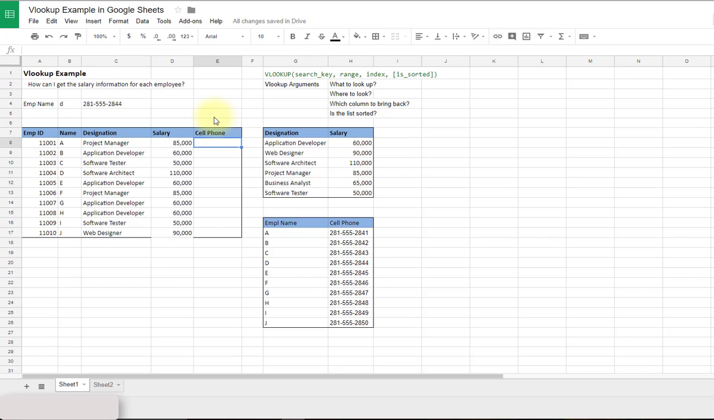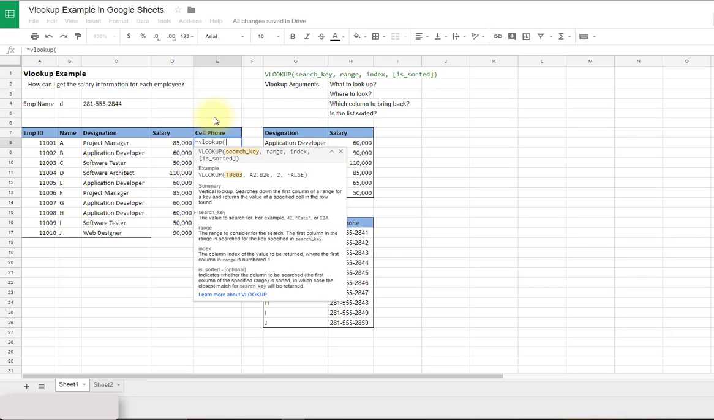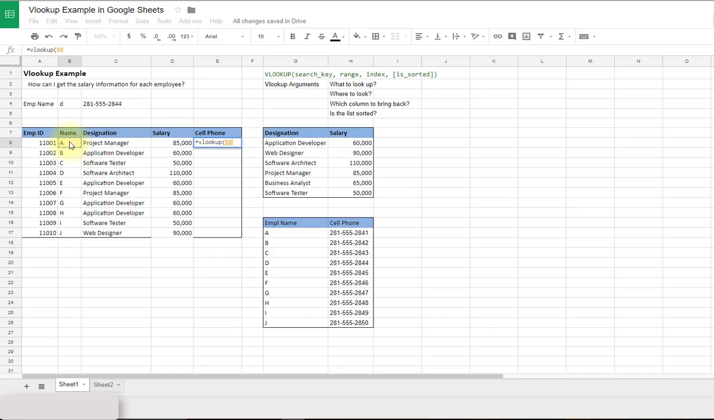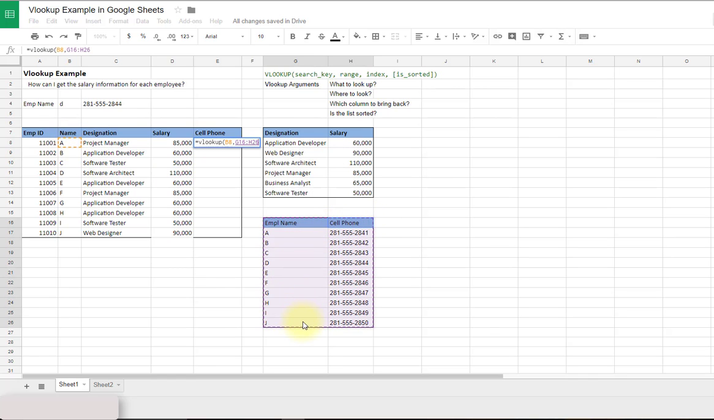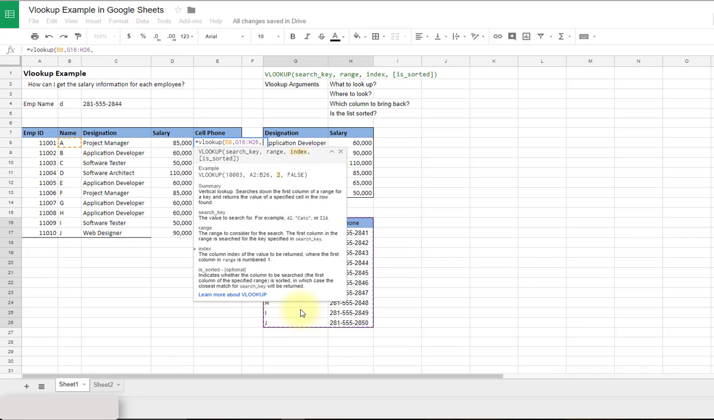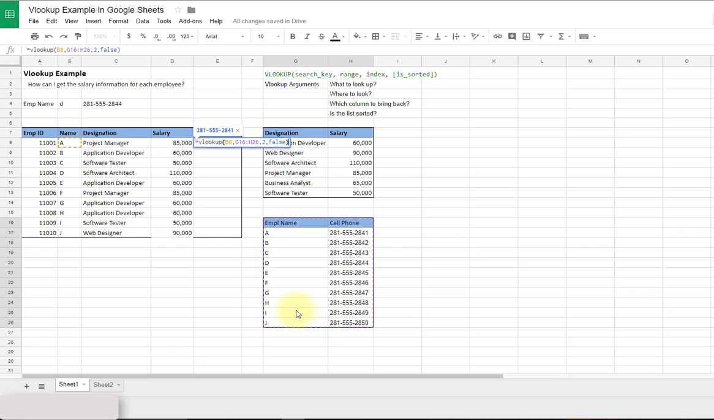So let's look up cell phone number equals VLOOKUP, comma. I want to look up the employee's name. So I want to type in over here, click on it, comma, the range, which is down here, and then enter a comma. The index, which again is 2, it's not always 2, and then FALSE, closing parentheses, and once